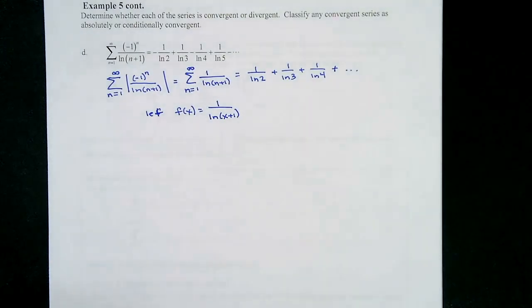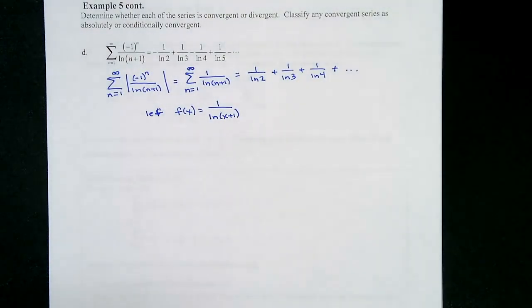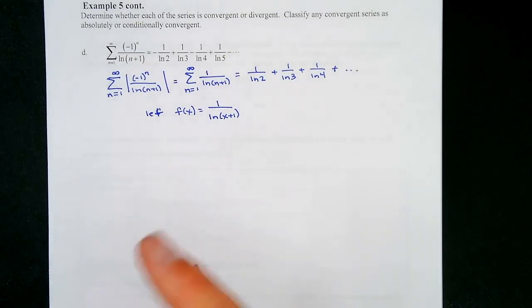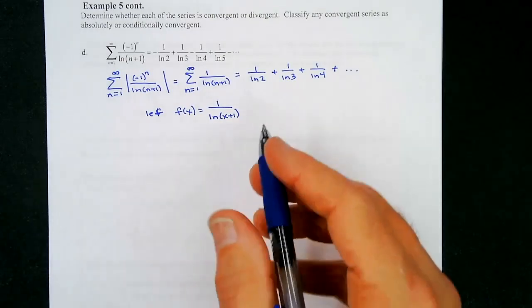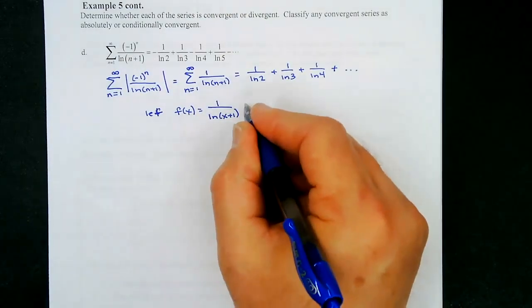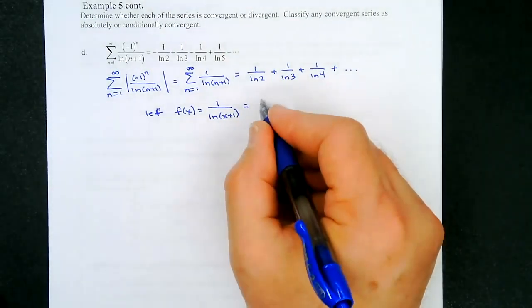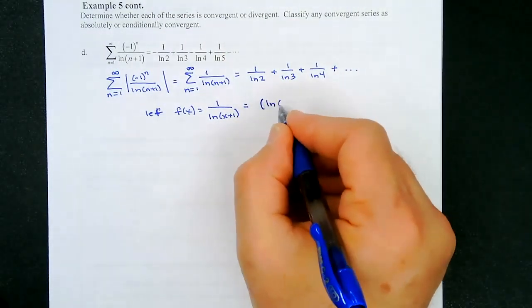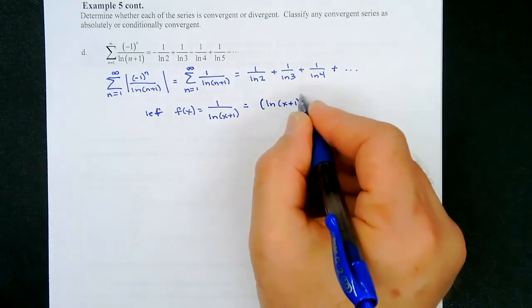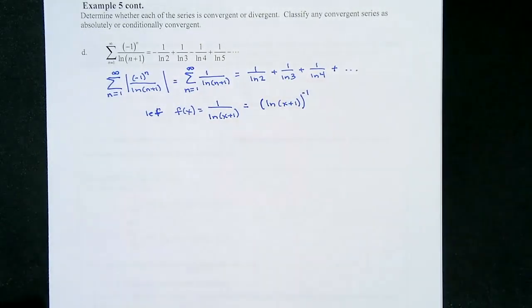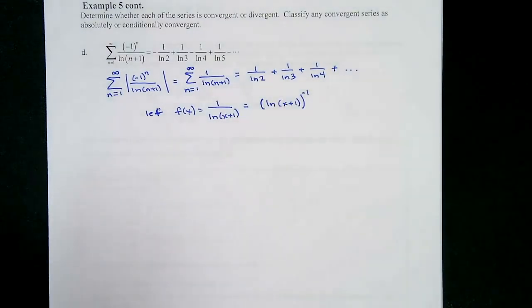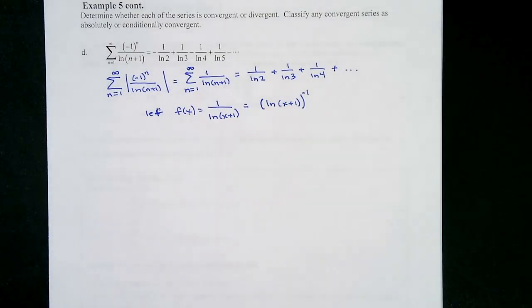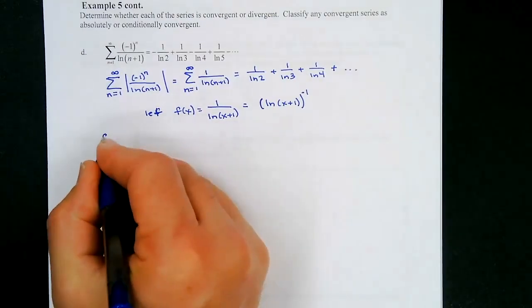We have to show it's continuous, we have to show that it's positive, and we have to show that it's decreasing, for x greater than or equal to 1. Right off the get-go, what we need to do is rewrite this as ln of x plus 1 raised to the -1 power. That's going to allow us to find the derivative, because that's the part that's going to be the most difficult. We have to show that the derivative is always going to be negative, because that would mean it's decreasing. So f prime of x